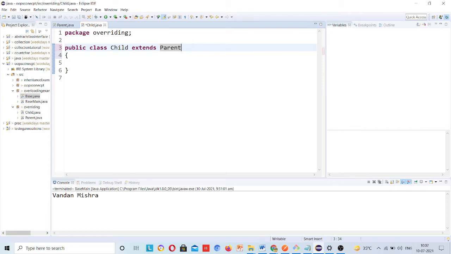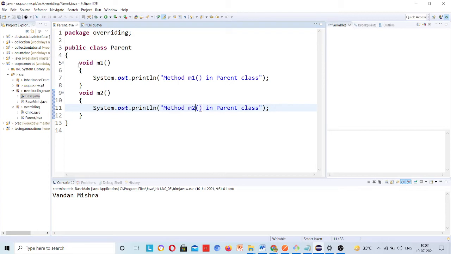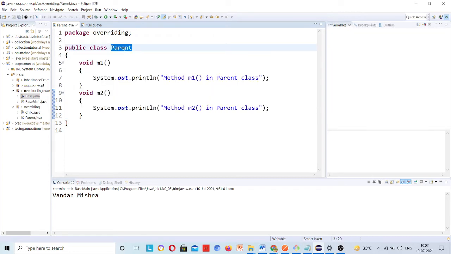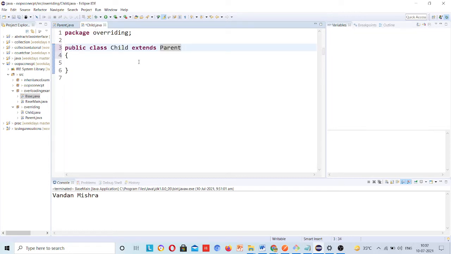Now, through inheritance, all these methods will be coming to the child class, because the child class is extending this parent class. So all the parent class properties will be coming in the child class. So this is inheritance that I am repeating. If you want to understand in depth, then watch my last lecture. I will upload it today, and maybe it is uploaded already.